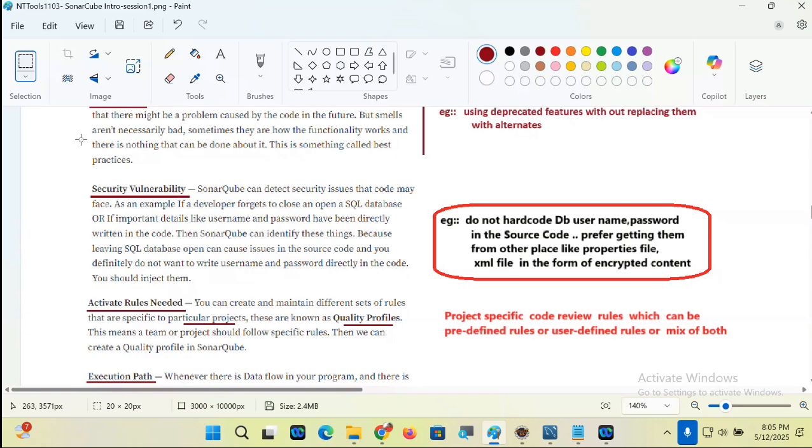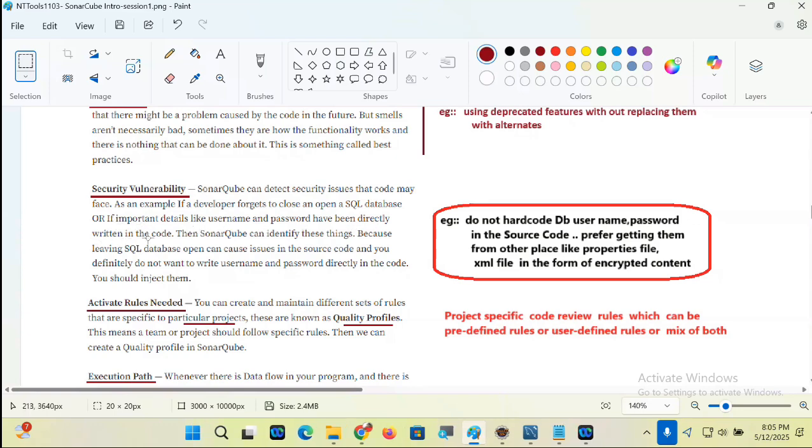All these are tricky problems, guys. SonarQube can detect security issues that a developer may face. For example, if a developer forgets to close an open SQL database, or if important details like username and password have been directly written in the code, then SonarQube can identify these things, because leaving a SQL database open can cause issues in the source code.